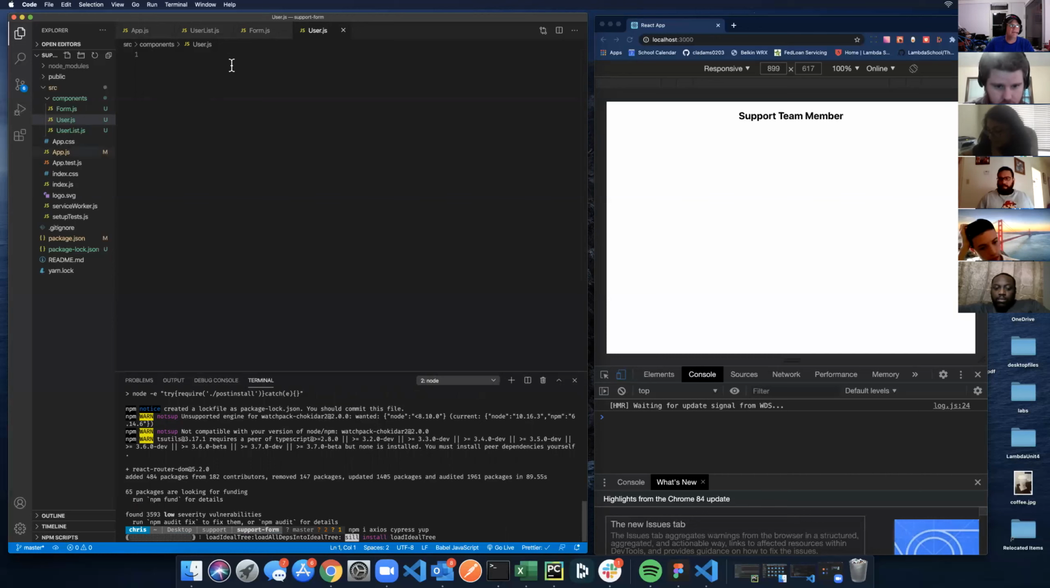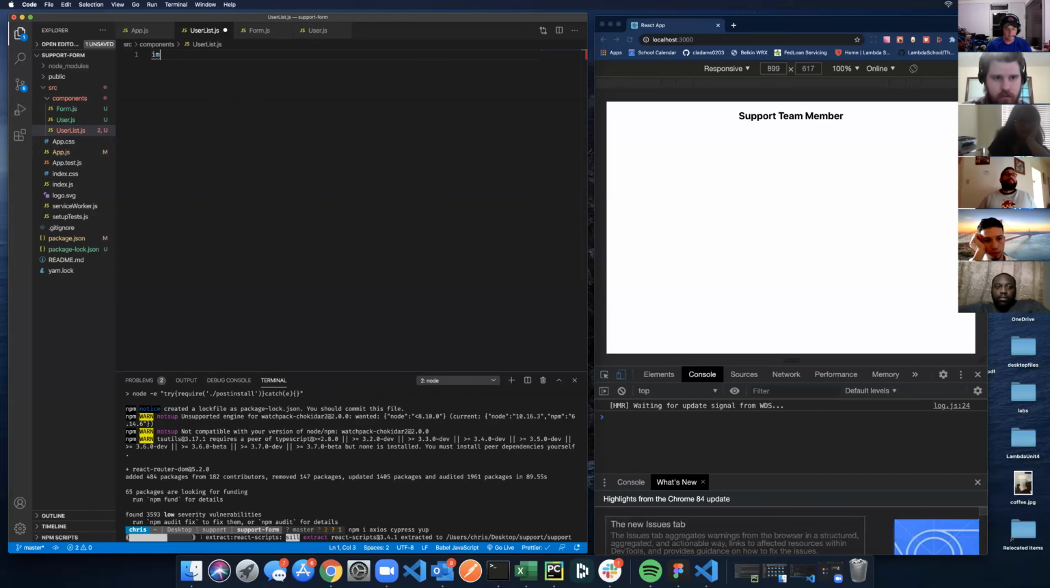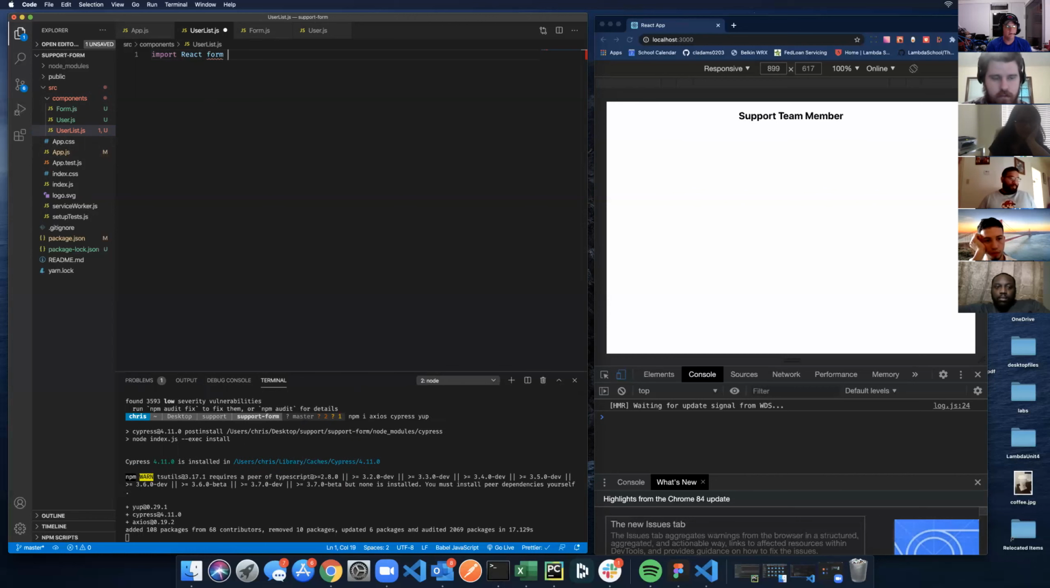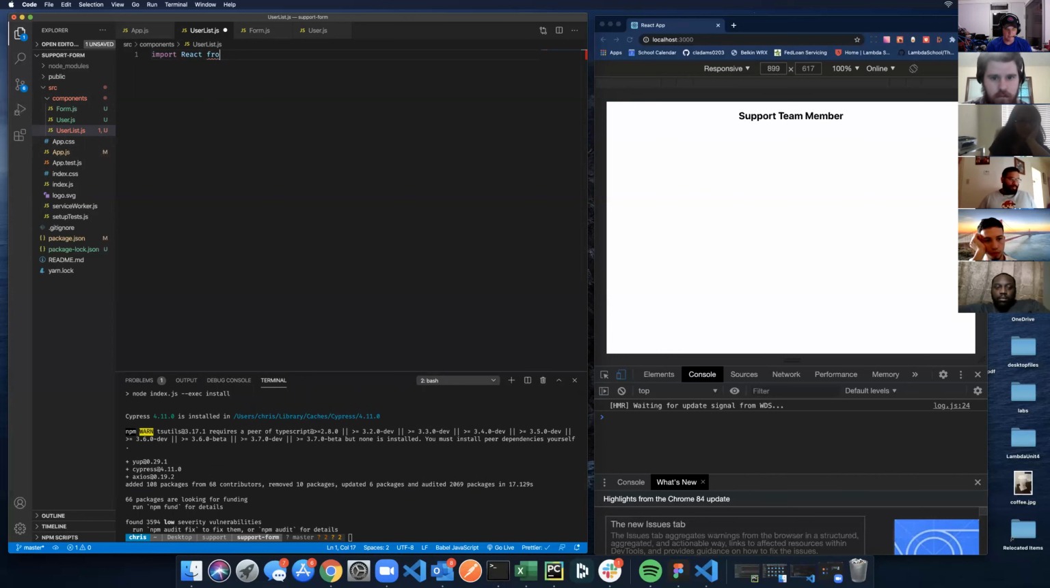And while that's going, after I generate these components, I like to just get a base structure in there real quick. So like the user list, I'll come in and make sure I have import React from React in there. My extension just quit working. That's awesome, great timing. So you import React from React, and then we're going to export default